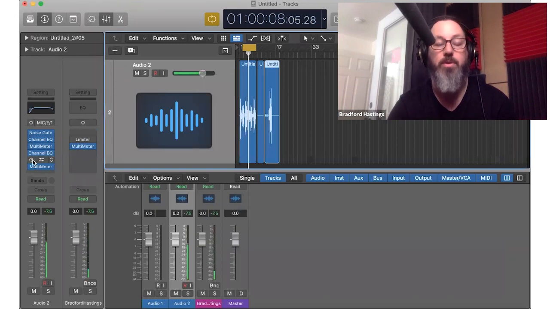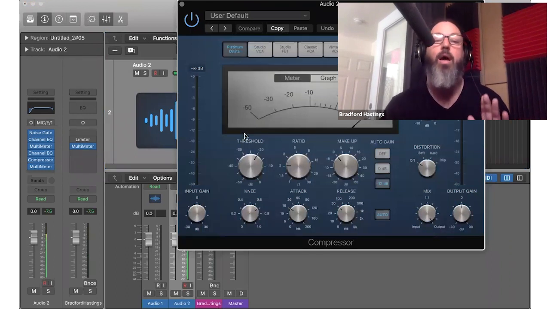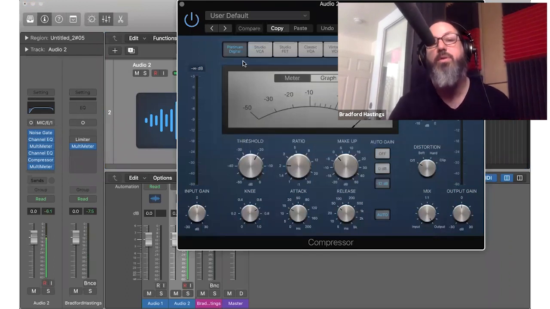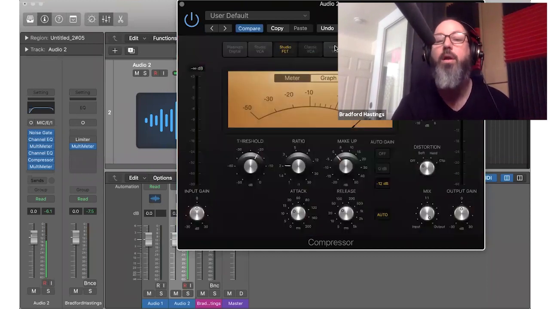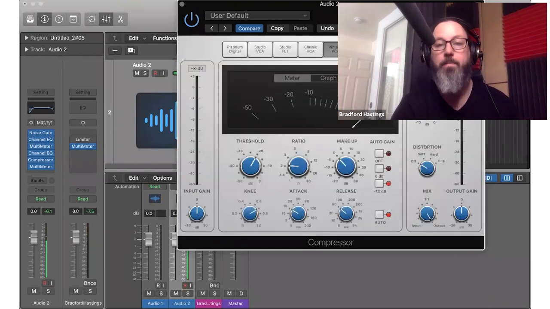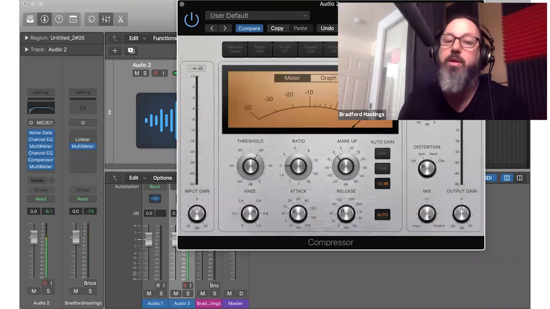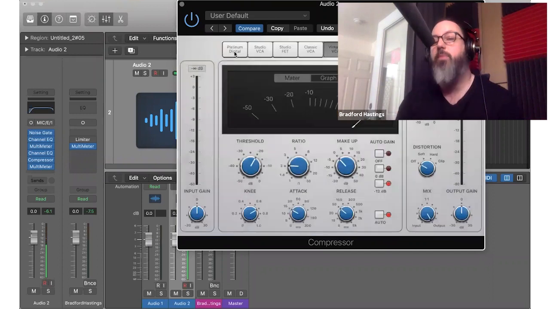to move on to compression because I want you to be able to see what a compressor does. So compressor: threshold, ratio, knee, attack, release. These are all different types of compressors. They all have relatively the same stuff going on as far as how to do things. Some have less, and some have more. Some work utilizing optics, some utilize electronics, some utilize voltage. These are all models of